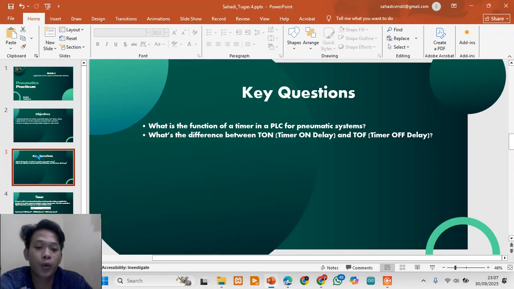First question: what exactly does a timer do inside a PLC system? And second question: what is the difference between TON, or timer on delay, and TOF, or timer off delay?